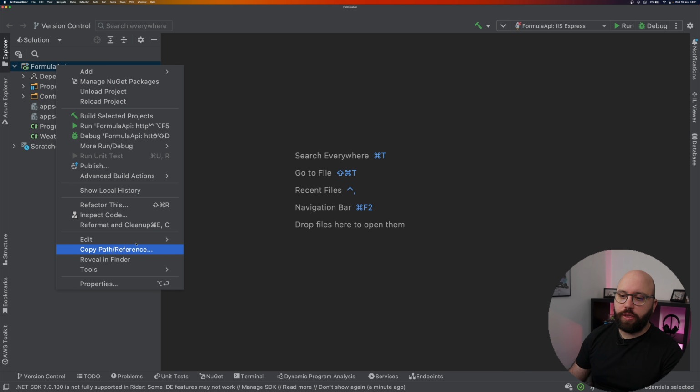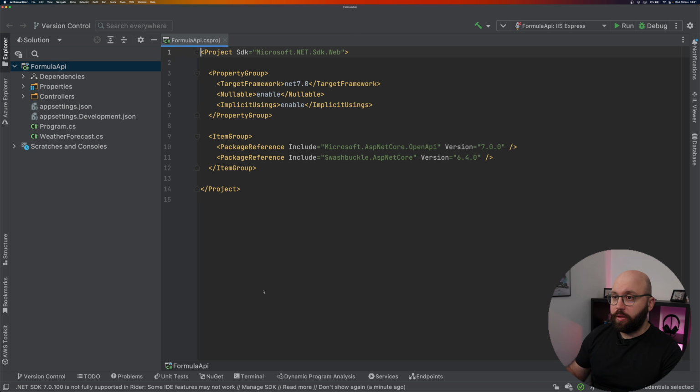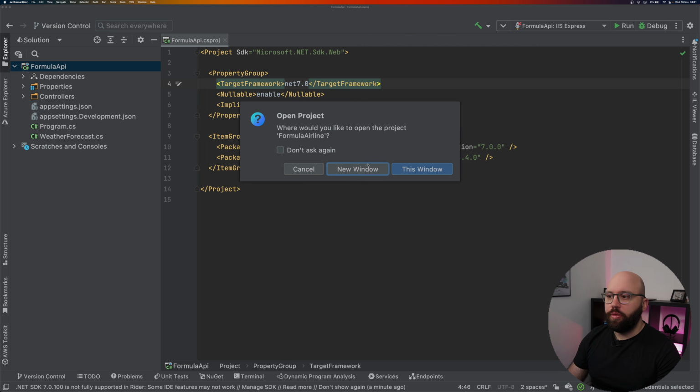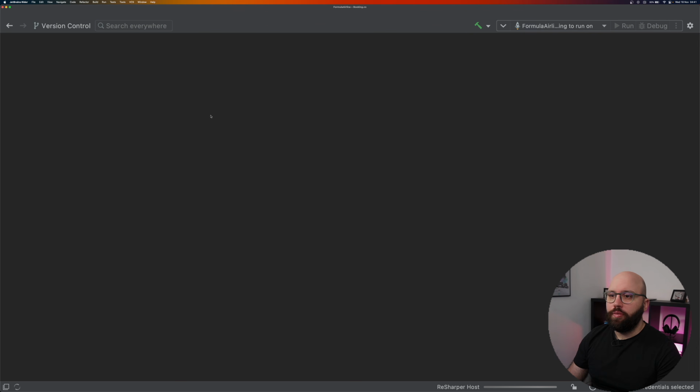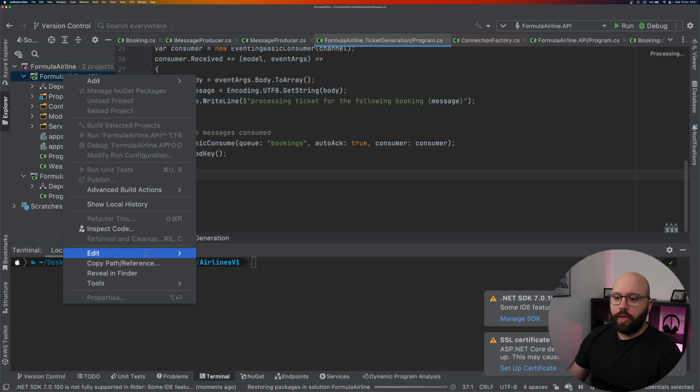Let's check our CSproj, and here we can see the main item that has changed, which is the target framework, and the target framework here is going to be .NET 7. On the other hand, if we look at another application, let me open another application. Let's see the Formula Airline, for example, in a new window. This was an old application for an old video, but if we take a look at the old CSproj,